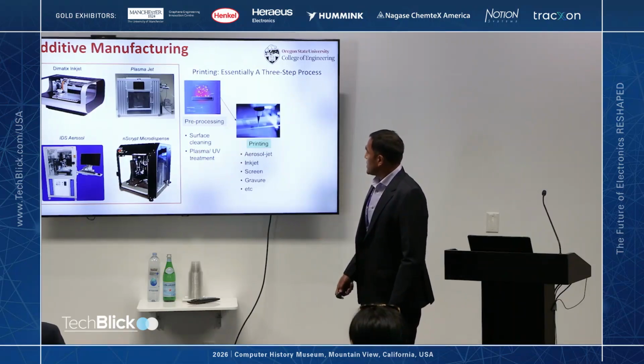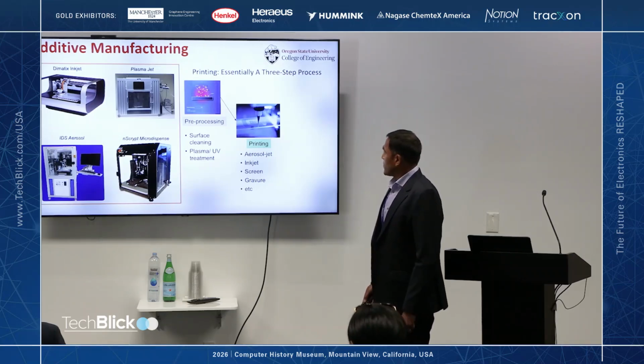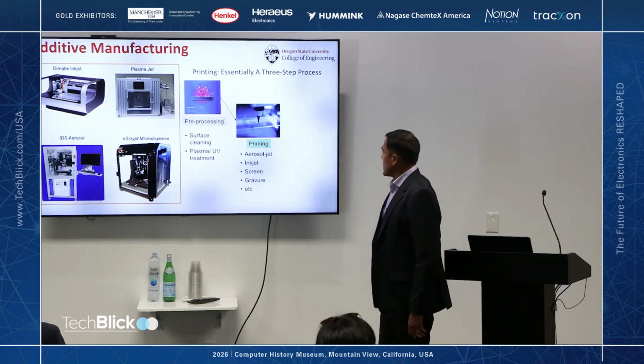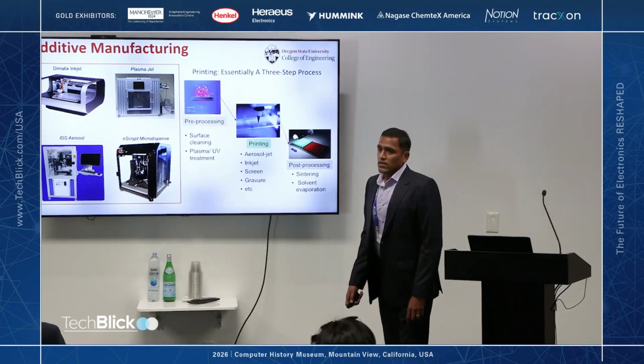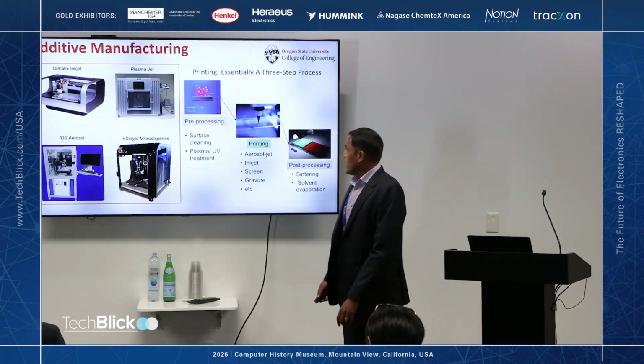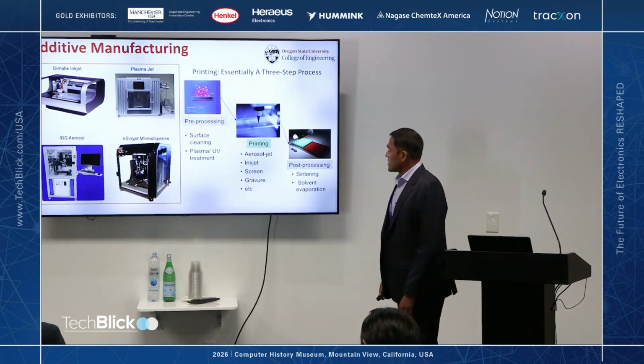The next step is patterning. That is, you would now take your ink and write your circuit using either aerosol jet, inkjet, spray, whatever. And then the third step is to make sure that you can get rid of the solvents and you do some amount of post-processing to leave the